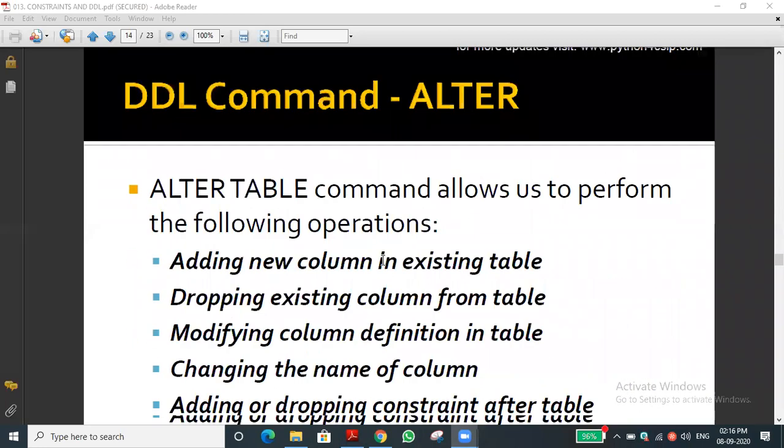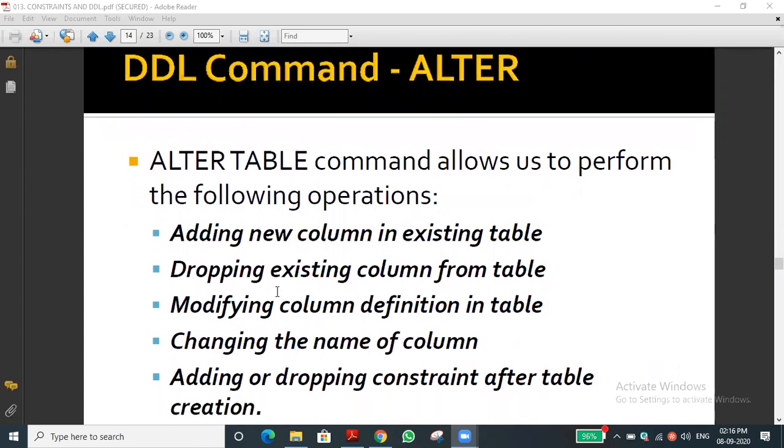And now let me see some basic DDL commands, that is the data definition commands, we are going to see. That also we discuss: adding a new column, dropping a column, modifying the column data type, and changing the name of the column. Or adding or dropping constraints, how to add a constraint, and how to delete a constraint also, we are going to see. Afterwards we'll again come to the remaining constraints, the unique constraint, how to use it, the check constraint, how to use it. With that we will complete the constraints and the DDL commands also.